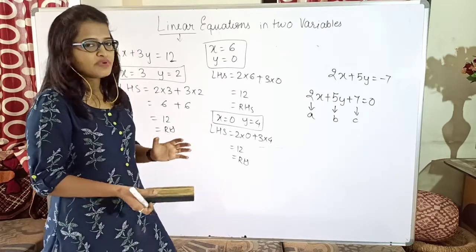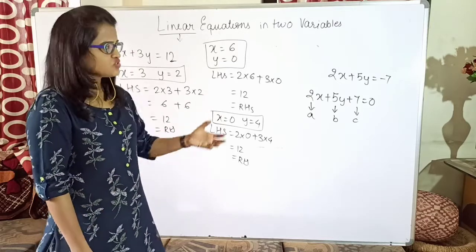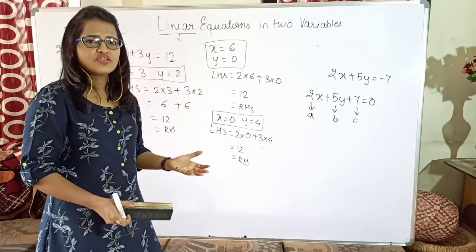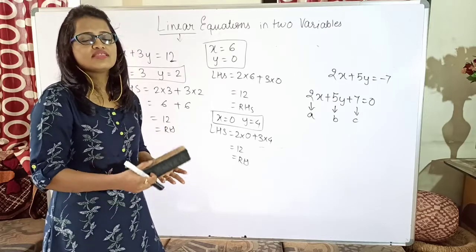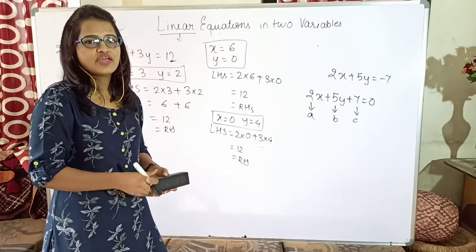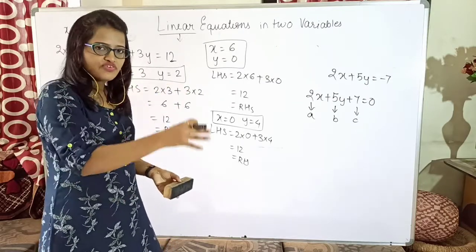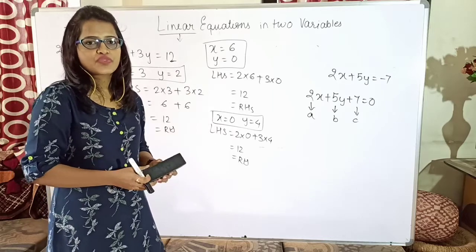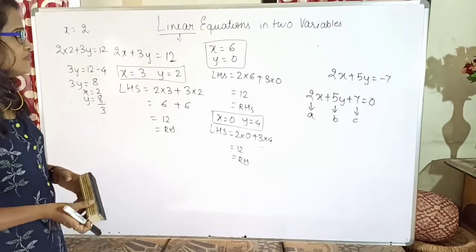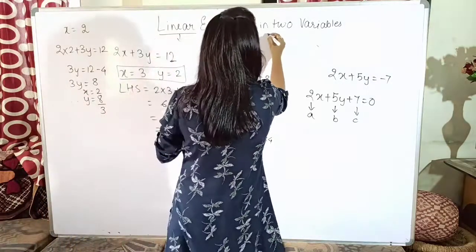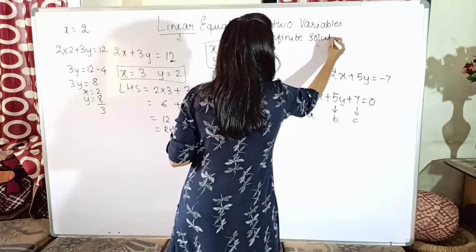Example would be, an equation might be provided to you and they might ask you to write down 5 solutions for the given equation. So fair enough, consider the values of x, any values you can consider. You can consider positive, negative, 0 also, and then correspondingly you can find the value of y, and then whenever you get that LHS equal to RHS, write down below all the 5 solutions for which you have got those values. Okay, so this is the difference between linear equation in one variable and linear equation in two variables, whereas in linear equation in two variables there are infinite solutions for any equation.